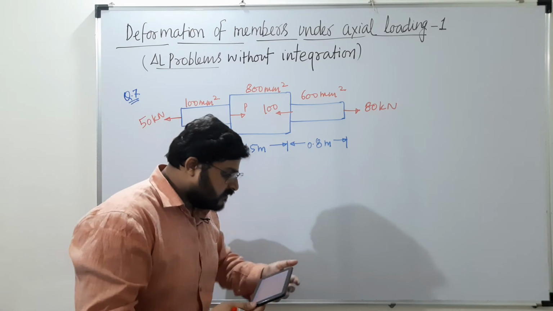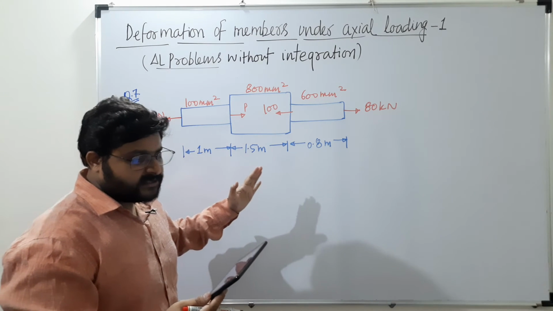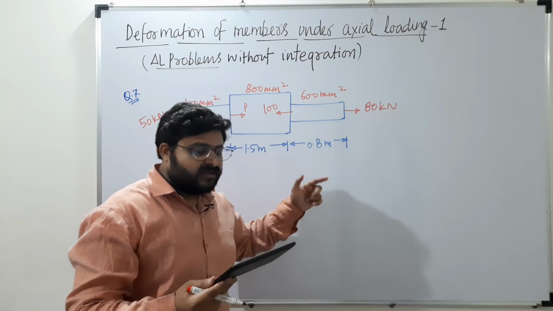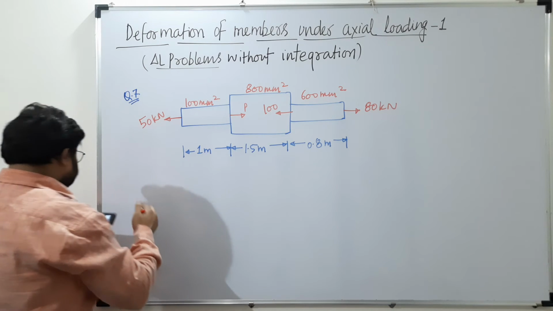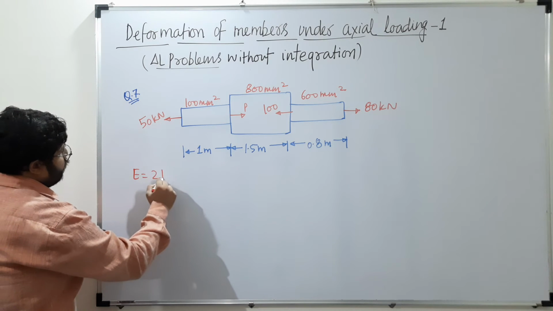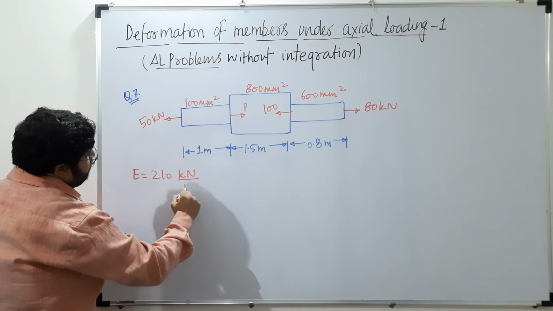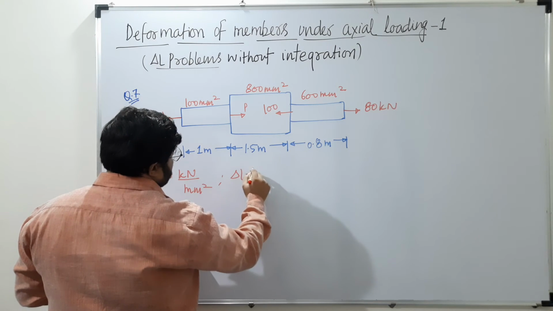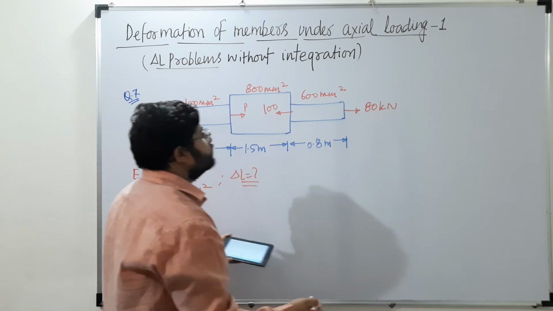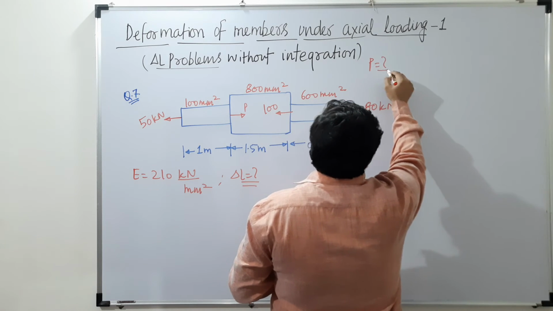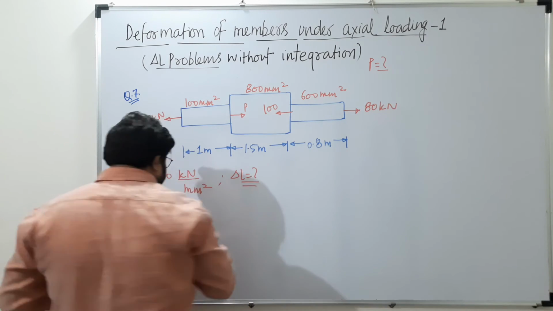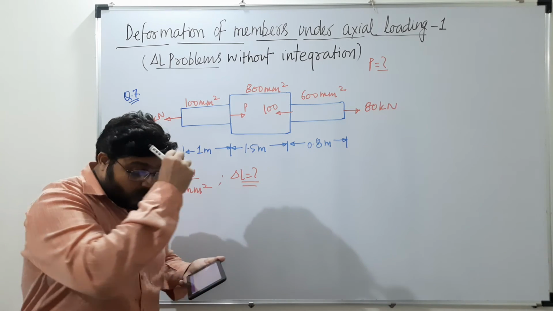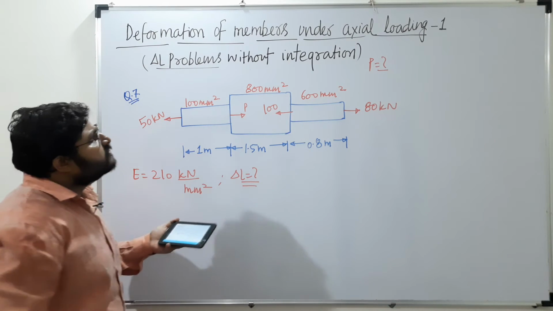Now what they are asking: a steel bar ABCD of varying section is subjected to the axial forces as shown in the figure. Find the value of P necessary for equilibrium. If E is given as 210 kilonewton per millimeter square, determine the total elongation of the bar. Now in this question they have asked two things. First, we need to determine what is P, and then they have given the value of modulus of elasticity, and we need to calculate the total elongation produced in the bar. So how can that be done? Now first, this is very easy actually.